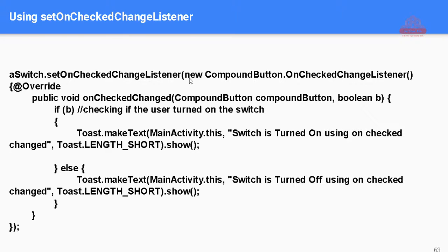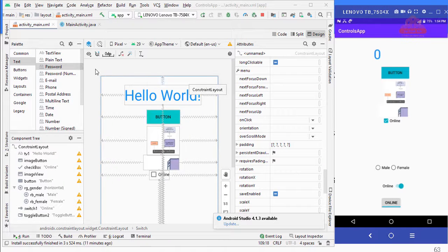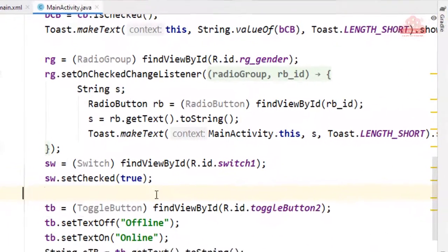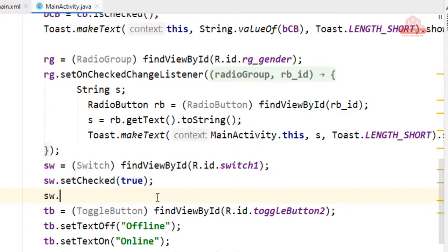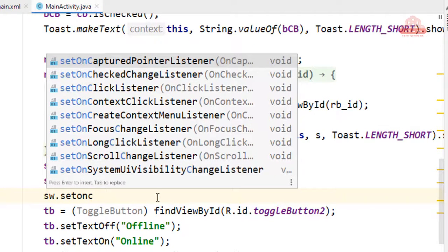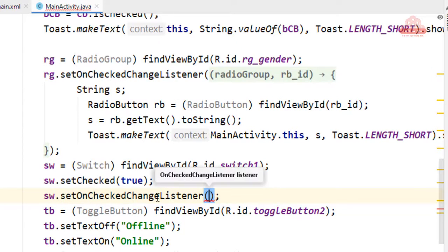Let me show you these things so you can get more confidence regarding this exercise. No problem. Right now I am here. So here I am going to write set on check change listener. See here, there is a special listener available on it. I am just pressing the enter key.